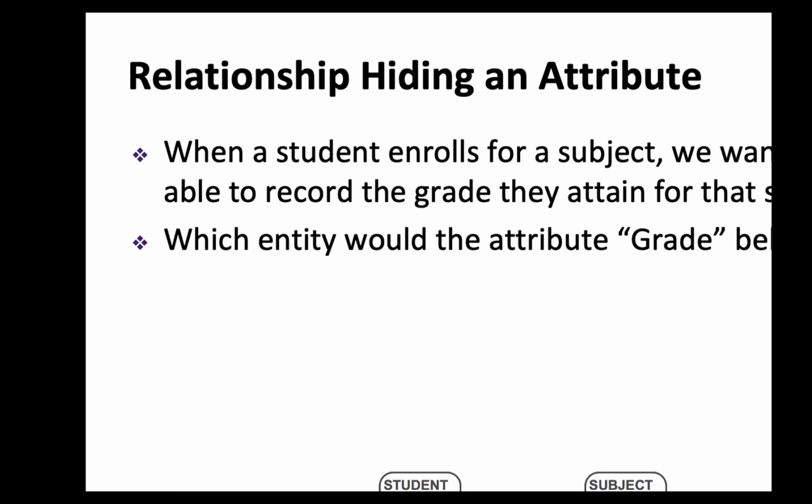Okay, so one option is that we can add one attribute as a grade in the student entity, right? So what if a student is enrolled in 5 courses?